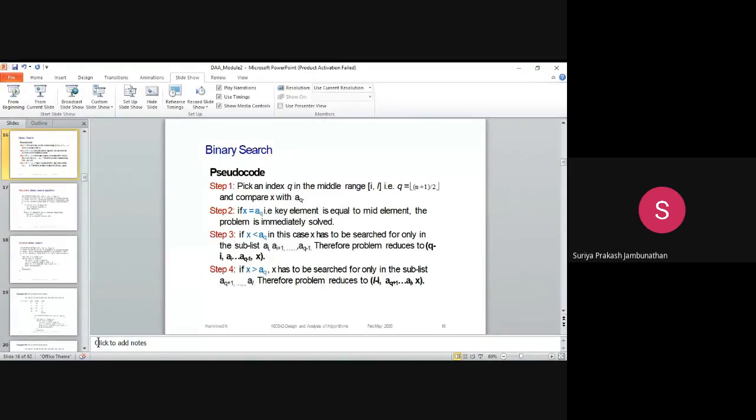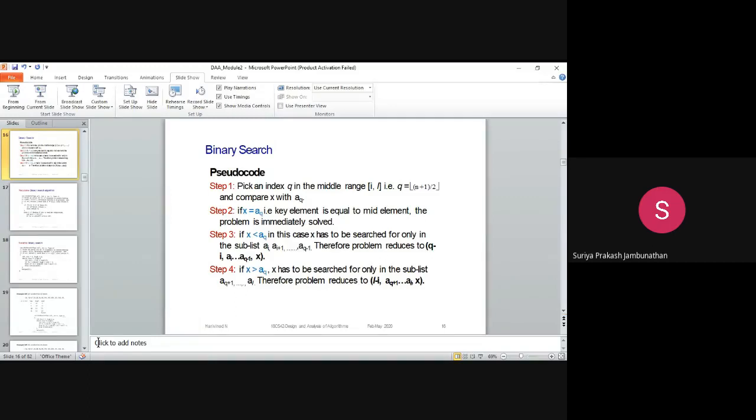Given the value, it will check whether the key value is greater or smaller. If it is greater, it will go for the second division and search among 5, 6, 7 with the key value. If the key value is less, it will search among 1, 2, 3. So according to the key value, it will search within the 2 sublists, and whichever list has the particular value, that value and its position will be retrieved and displayed as output.